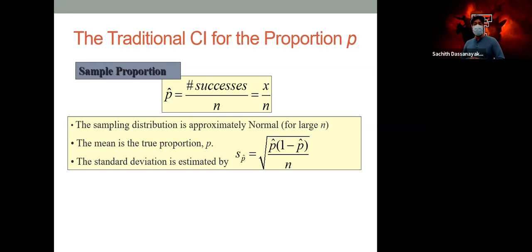n. Okay, in the same fashion we can define sample proportion, which we denote by p hat. So p hat is equal to number of successes divided by sample size. Same as the previous one, x over n. It doesn't matter what variables we are using, same idea. So sample proportion is p hat.